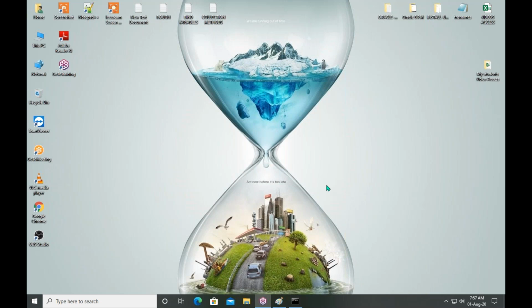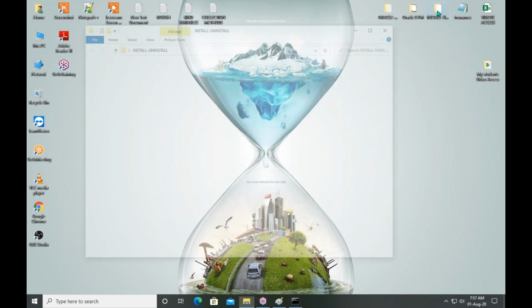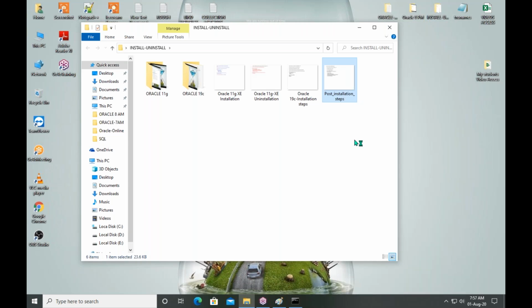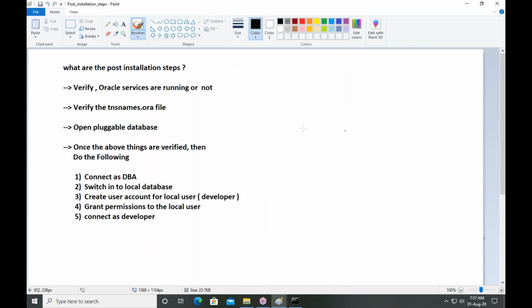It's showing the TNS listener could not connect, the host is unreachable. Okay. Then after entering the password, hold on. Hold on.